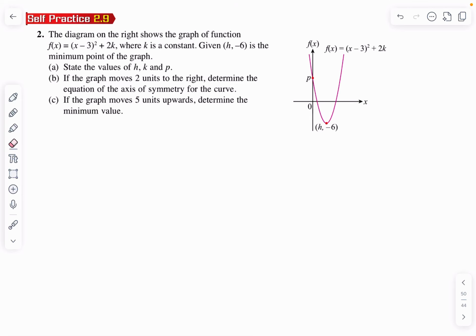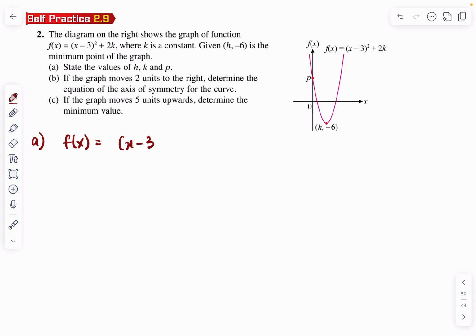Question 2. The diagram on the right shows the graph of a function, this one, where k is a constant. Given this is the minimum point of the graph, state the values of h, k and p. Alright, so our equation of this curve